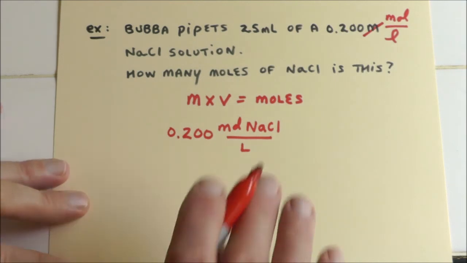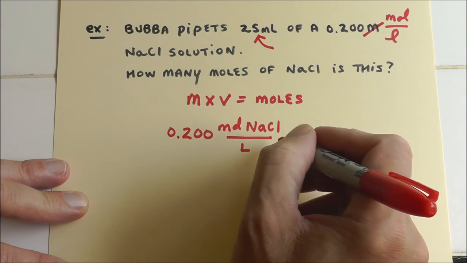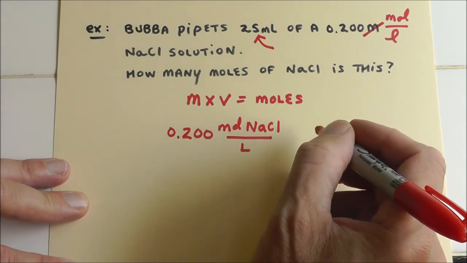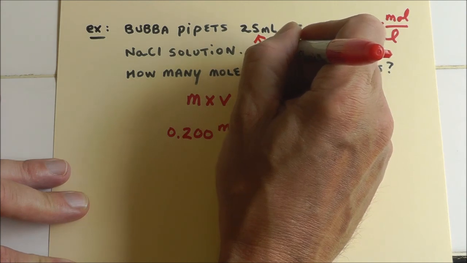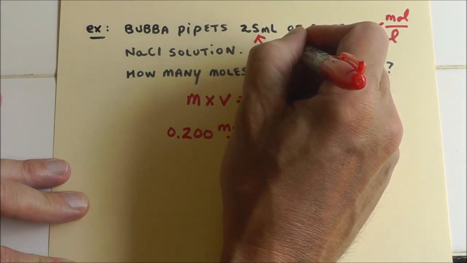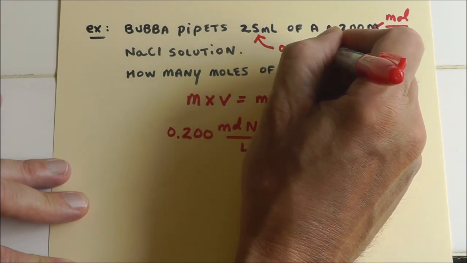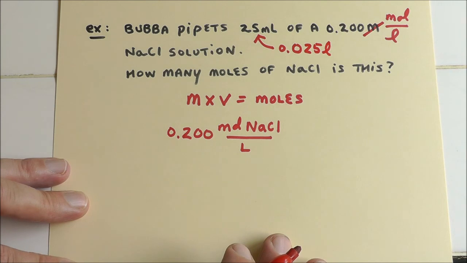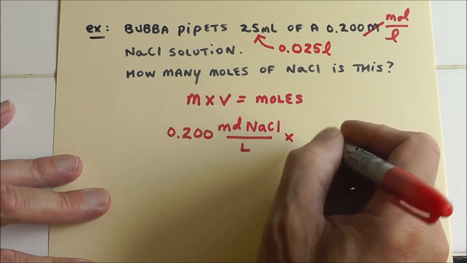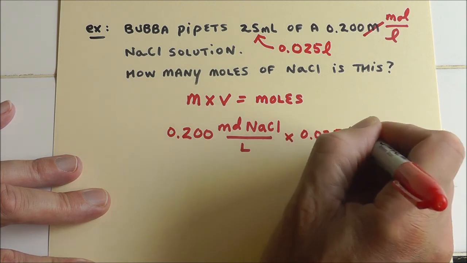Of course, we don't have it in liters, do we? They were being tricky. Don't multiply in milliliters. You would just get units of moles times milliliters divided by liters. So we need to convert that to liters. And of course, there's 1,000 milliliters in a liter. So that's 0.025 liters. And you'll notice if you do the equation molarity times volume, as long as the volume is in liters,